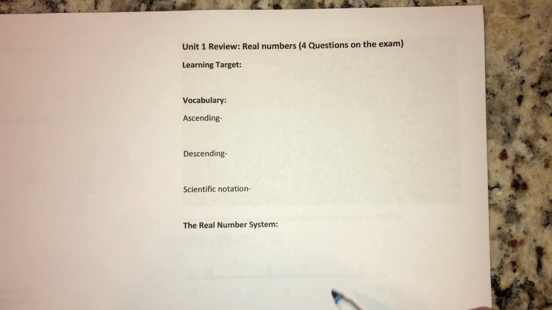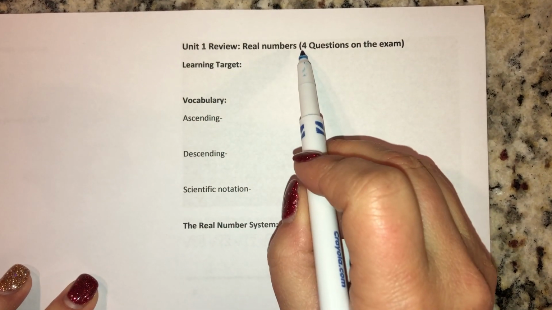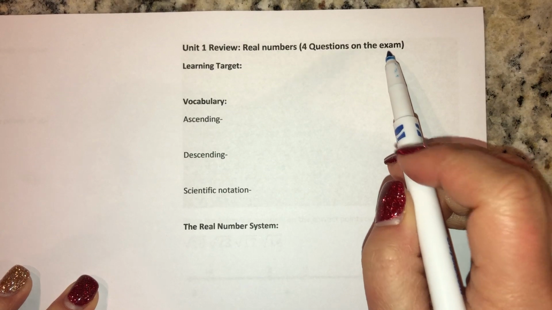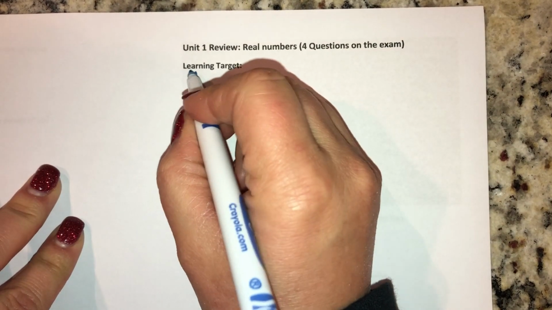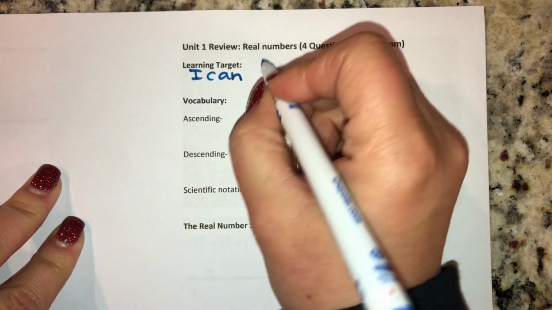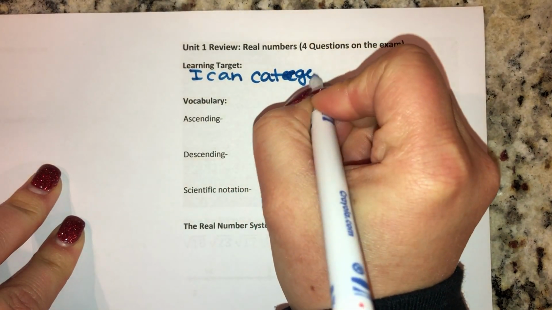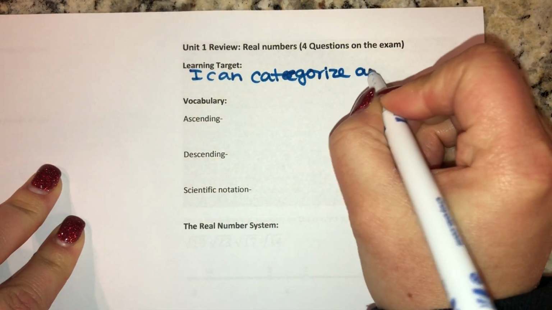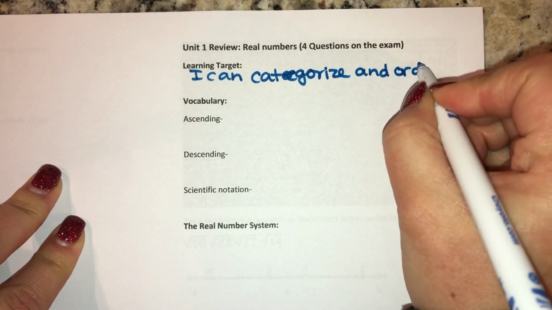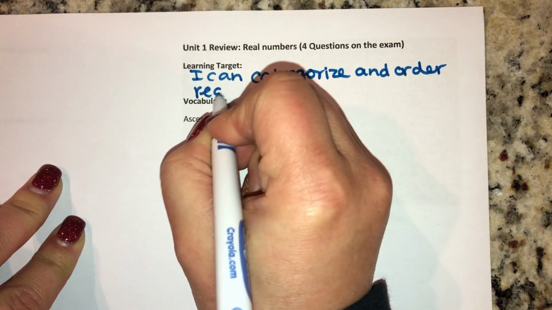All right, here's the Unit 1 review, real numbers, and there are 4 questions on the exam. The learning target is, I can categorize and order